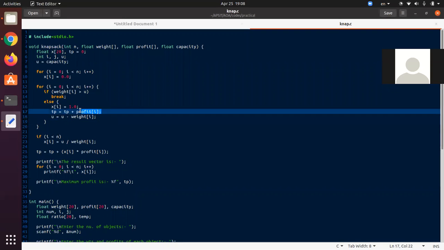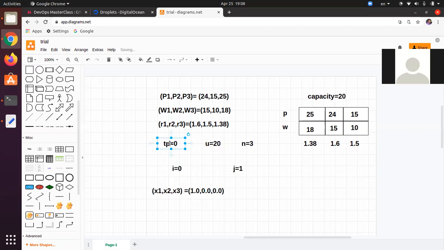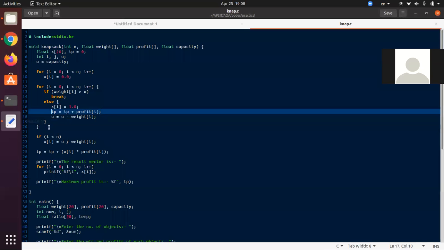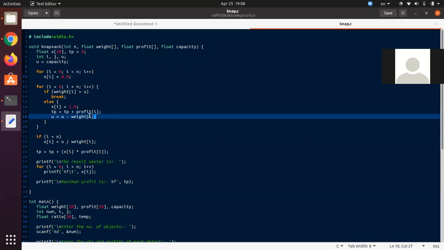And we are adding TP equal to TP plus profit of i. TP is what? Right now TP is 0. Profit of i is what? Profit of 0 is 24. So we will add profit as 24. After that, we are going to subtract the weight, because one profit is going inside the knapsack. That means one weight is going inside the knapsack.